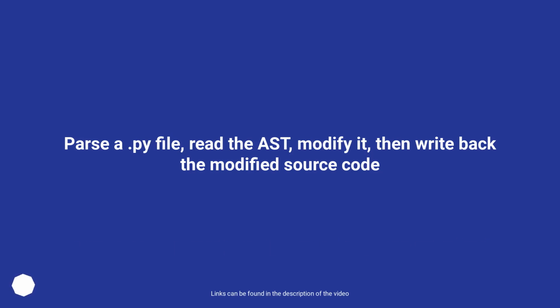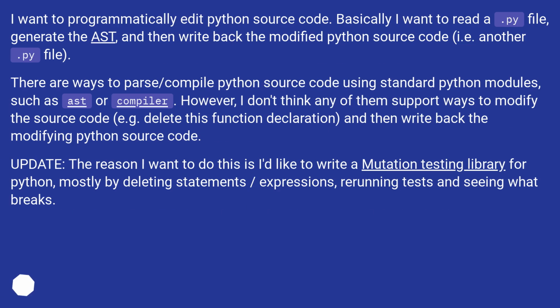Parse a .py file, read the AST, modify it, then write back the modified source code. I want to programmatically edit Python source code. Basically, I want to read a .py file, generate the AST, and then write back the modified Python source code,